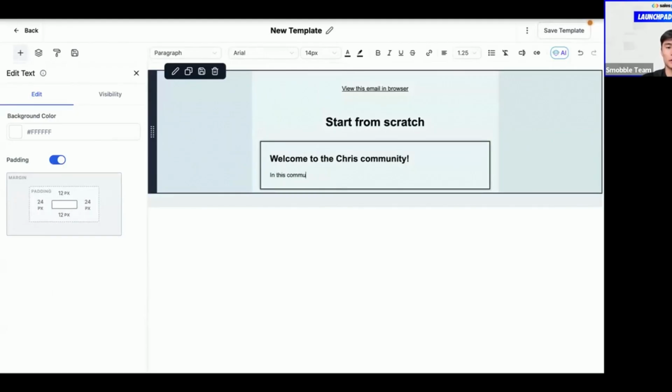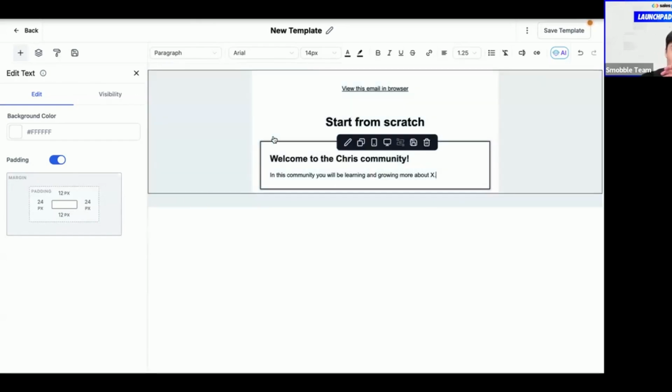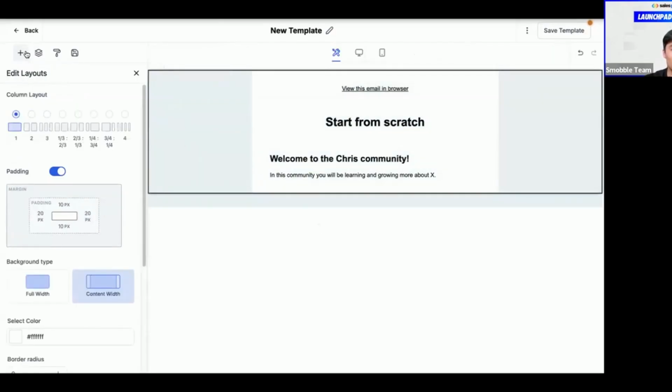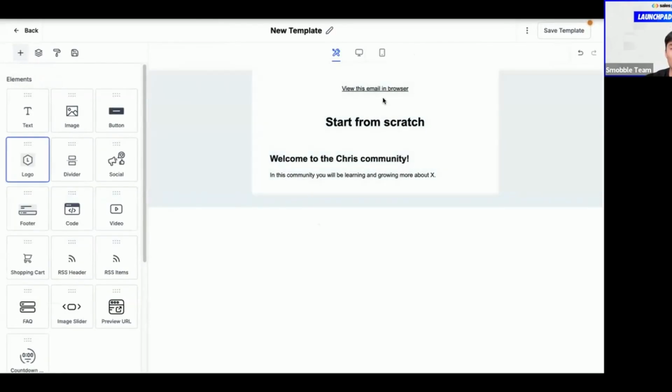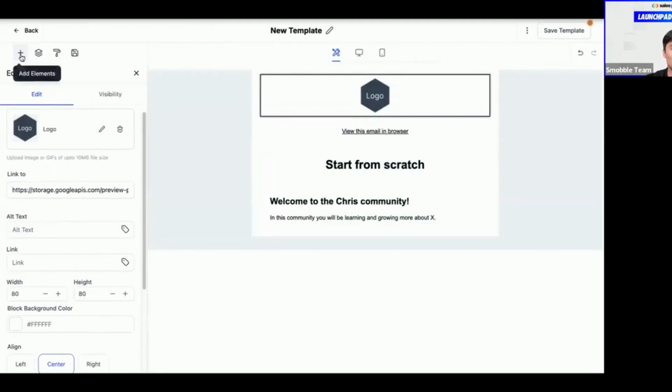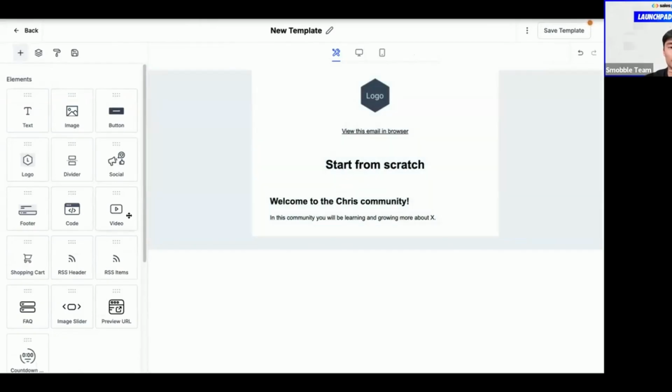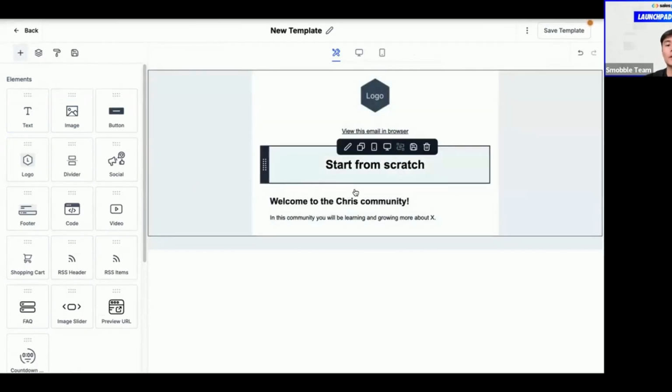In this community, you will be learning and growing more about X stuff, something like that. And then you can just keep working on your elements in here. You can add a logo on top. Well, the editor option is very straightforward. You can just drag and drop the different elements offered, and you can start building your email campaign or email